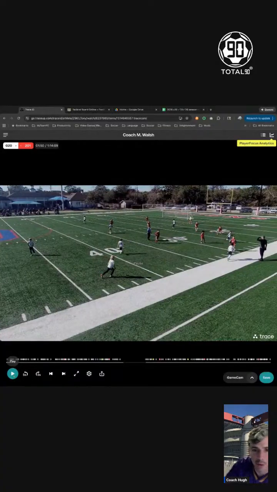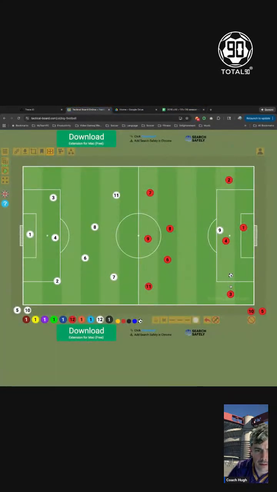One thing I did want to point out is our shape right here is fantastic. We're on defense. So what you want to, on defense, the principle is you want to stay compact. You want to stay as tight as you can. On offense, you want to spread out. So right here, if you look at our shape, 1, 2, 3, those are our back lines. They're in a horizontal line. You've got our left winger. He's on the guy throwing the ball. Center forward, right winger, center mid, center mid. So if you look at our shape here, we're doing a really good job staying compact, keeping really tight,